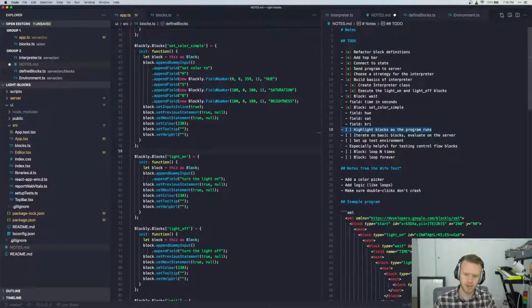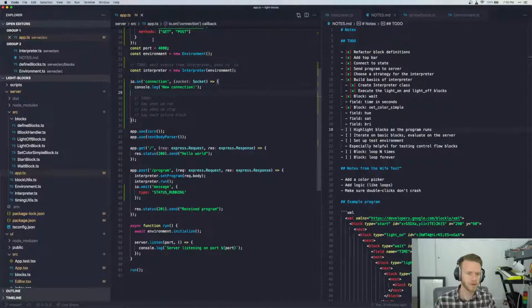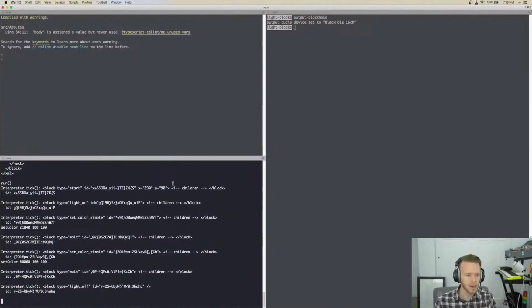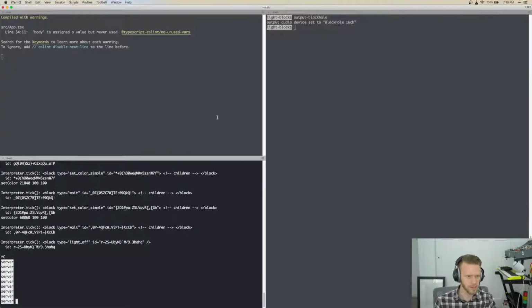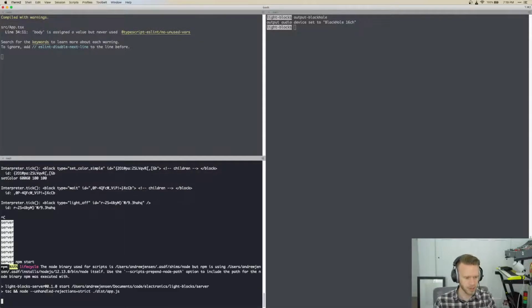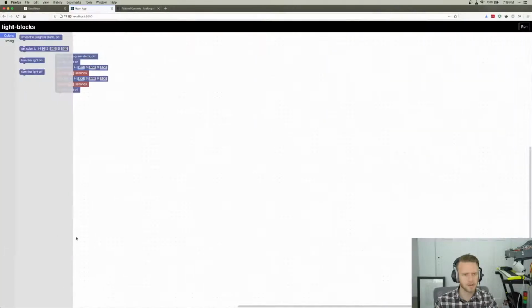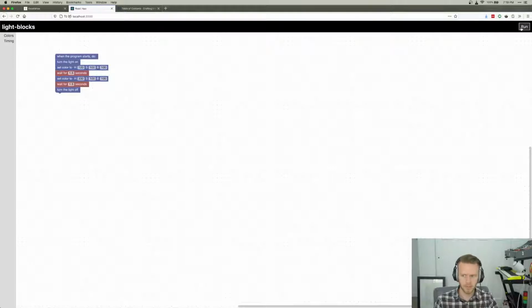So let's see if we can highlight these blocks. This should be a good project. We've already got a bit of a head start. The reason I say that is here's my terminal. We've got the UI running over here, and then the server running over here. And so let's get this fired up. It's compiling with TypeScript right now. And it just ran. And so when I click this, it's going to